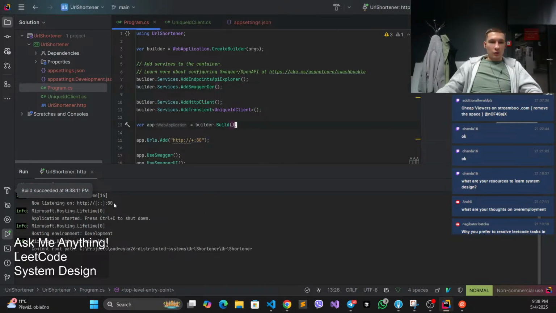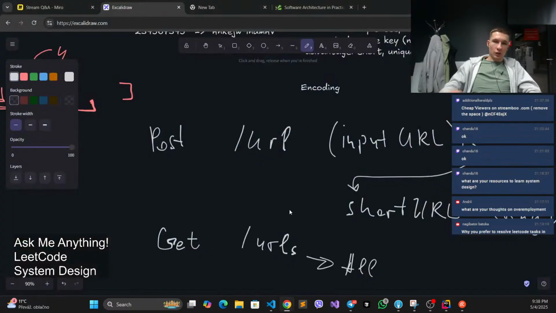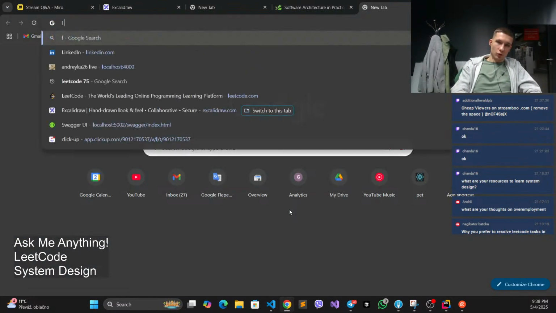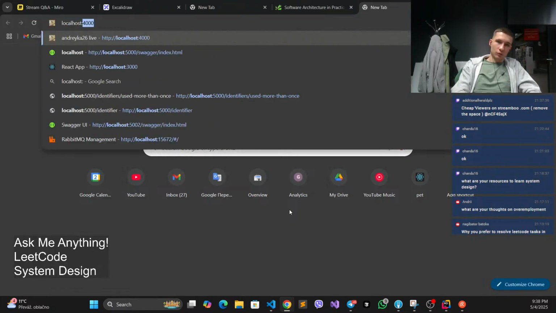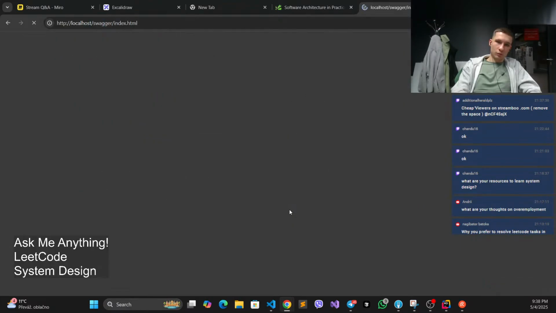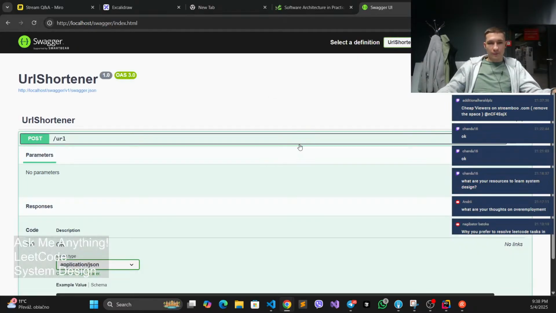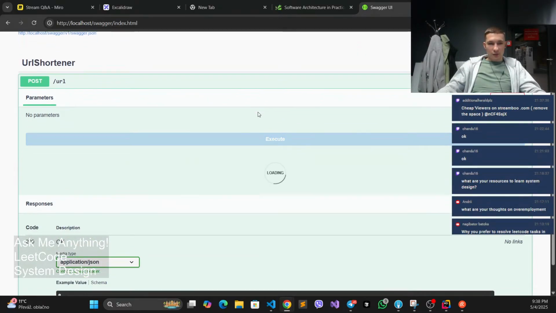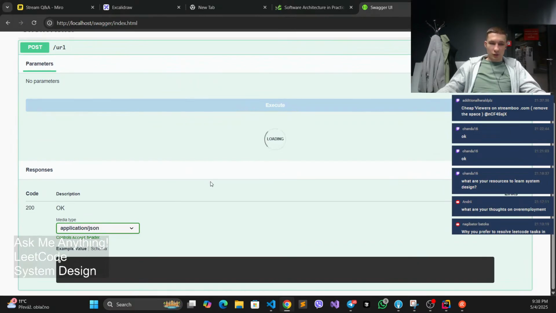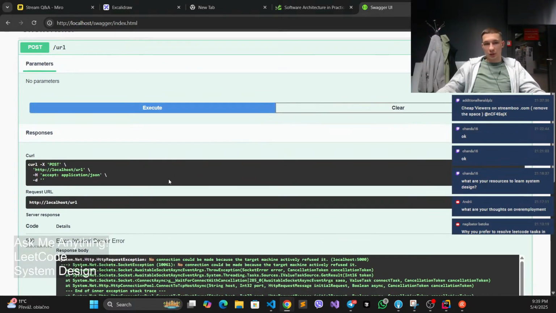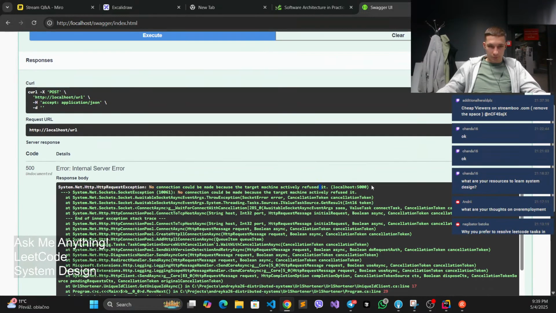Okay, now. Yeah, let's actually check it. It should be port 80. Yep, it works. But now it should throw us an exception that it cannot resolve. Yeah, it's gonna be a timeout because it cannot reach our Snowflake, the unique generator system design implementation. You cannot reach it. Therefore, what we're gonna do,